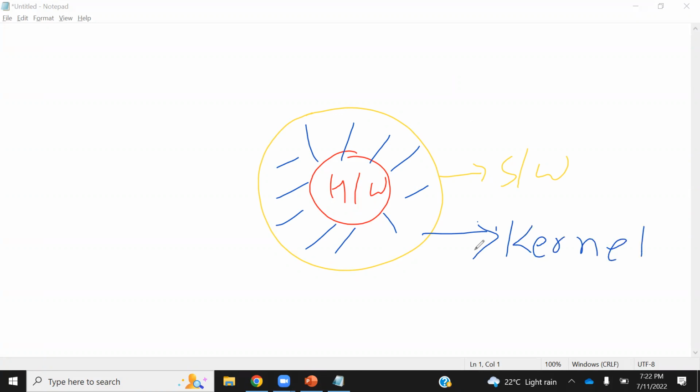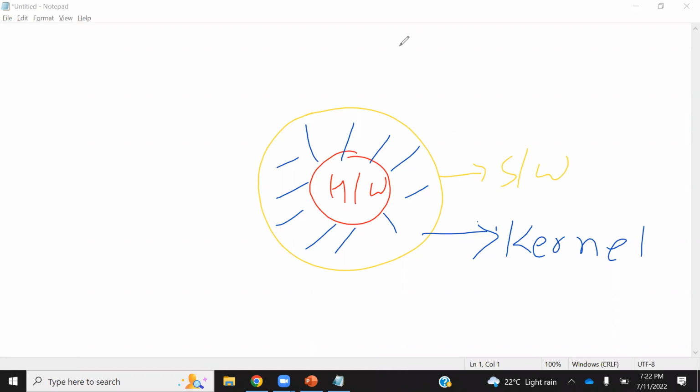So if I have to broadly say what a kernel is, the kernel is a channel. It is a way in which software and hardware can talk with each other. Because at the end of the day, both software and hardware have to talk to each other. So the kernel is a channel by which hardware and software can talk to each other. Done. Why am I talking about this?